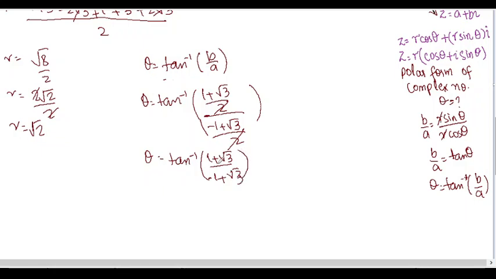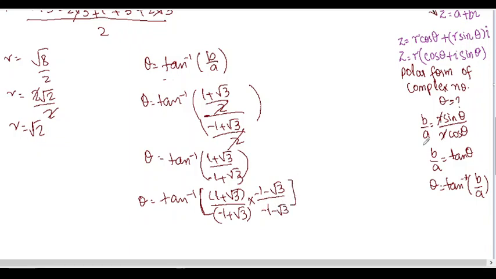Now we are going to rationalize it. Rationalization means that we have to change the sign of the complex number in the denominator, but this is not a complex number, it is about square root. Also, to remove the square root we do the same technique. So we are going to write it as theta equals tan inverse, in brackets, (1 plus square root of 3) whole divided by (minus 1 plus square root of 3). Now we are going to multiply and divide it by minus 1 minus square root of 3 and minus 1 minus square root of 3. It will be equal to,